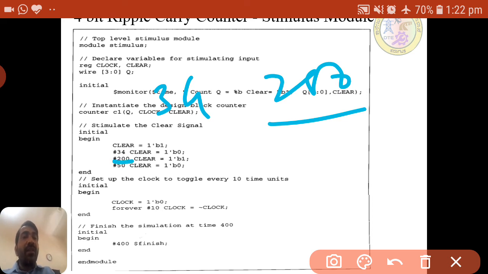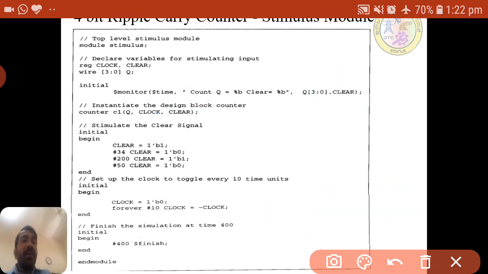At 200, after the 34, clear is made 1 again. In that case the counter will again become 0 0 0, and then clear is 0 again and it will keep running continuously.